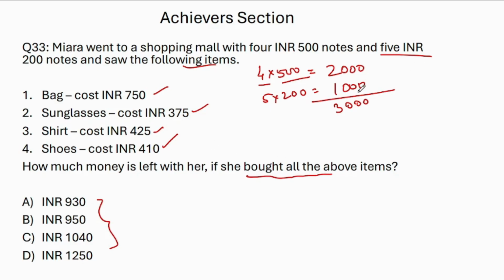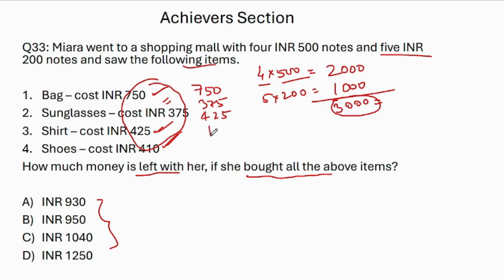So what you will do, this is the total money she has. She has spent this much amount on buying 4 items. So if we subtract this total amount from the total money she was having, we will get how much money she is left with, right? So let's quickly add all these costs which are given here, which is 750, 375,